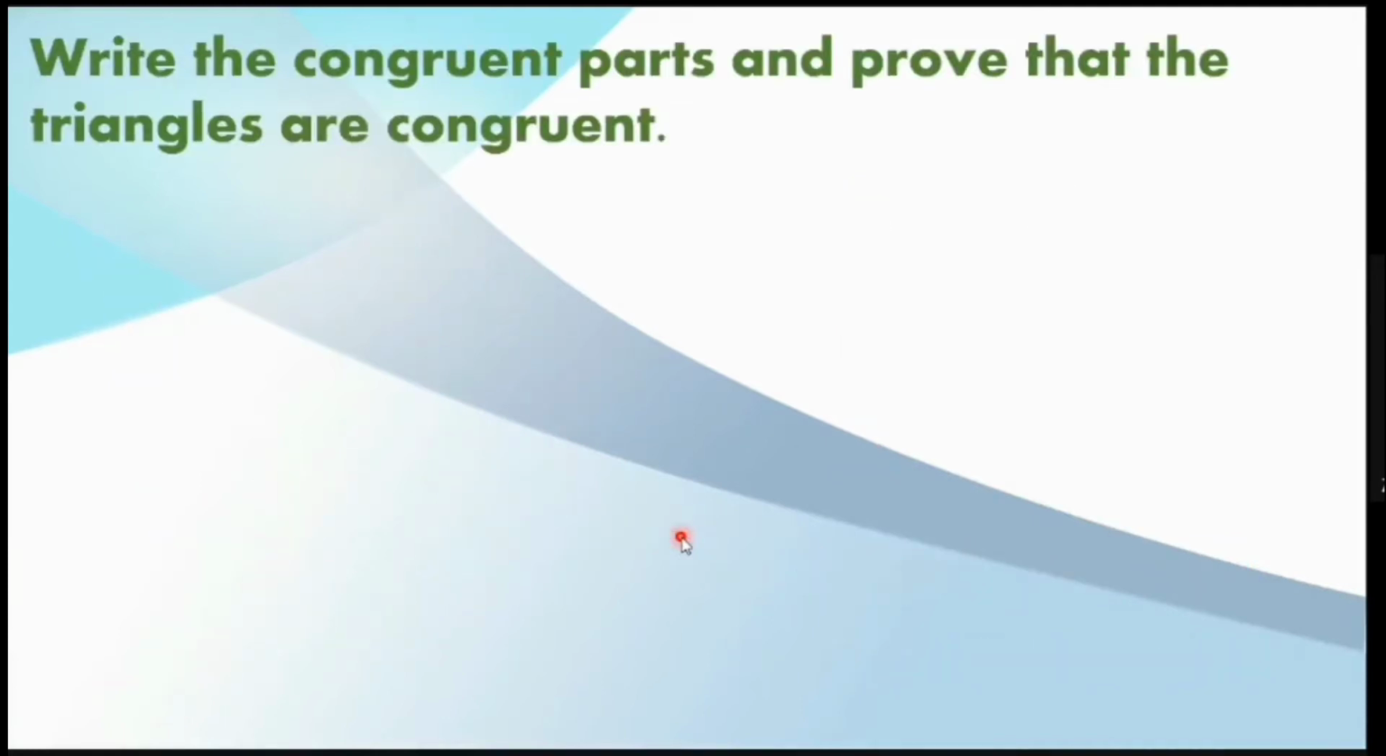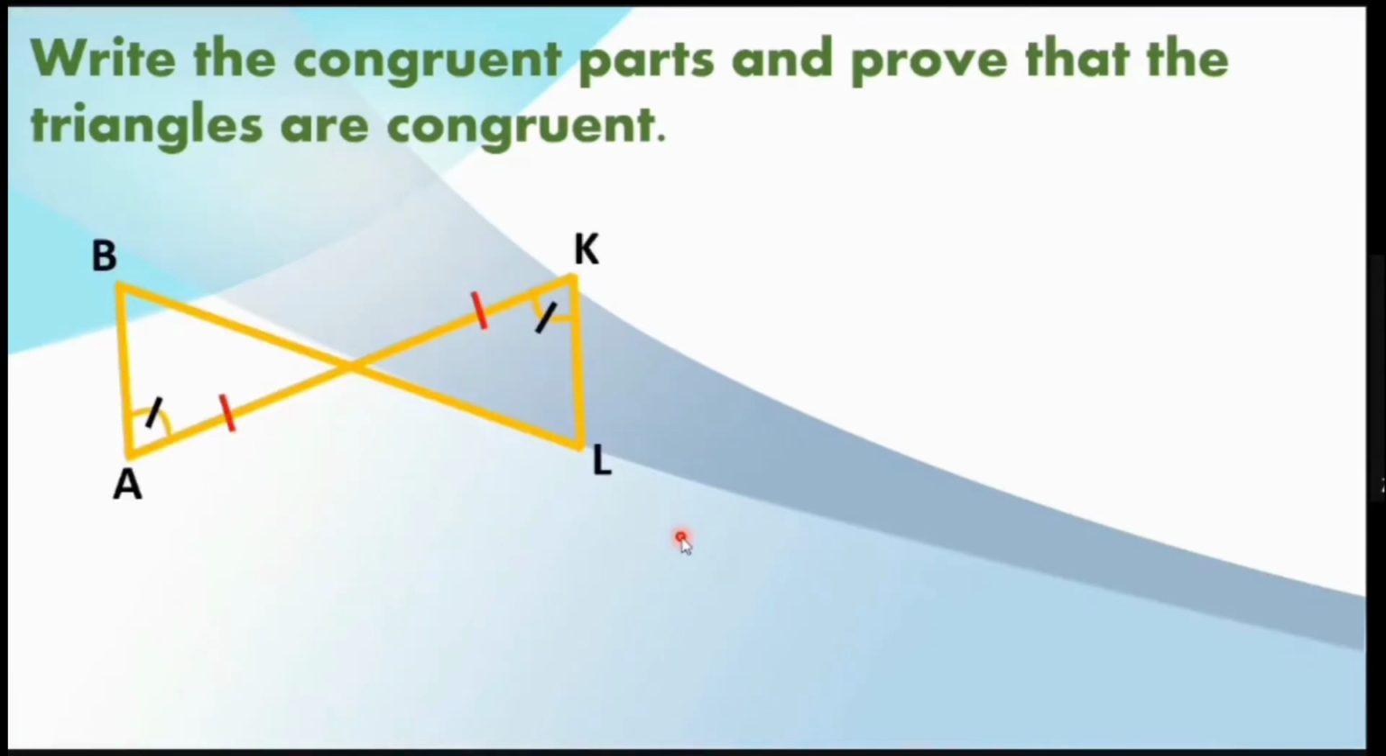Write the congruent parts and prove that the triangles are congruent. We have two triangles here, triangle BAR and triangle LKR. Again, this figure here is the same triangle as what we have in our previous video. The first triangle is triangle BAR, and the second triangle is triangle